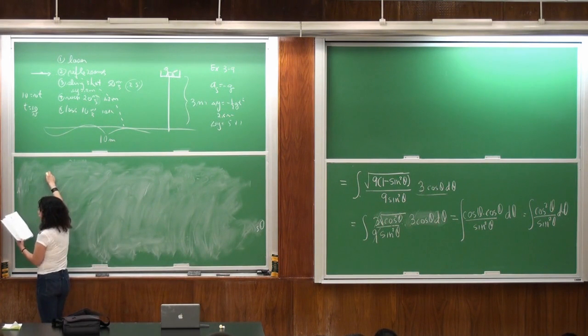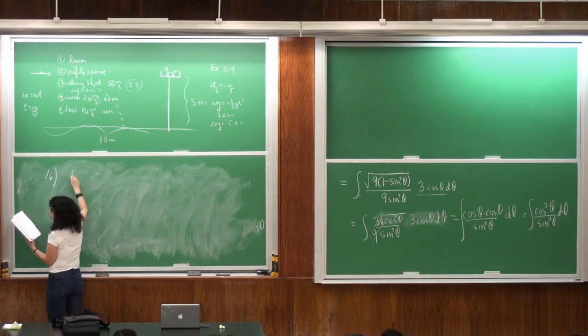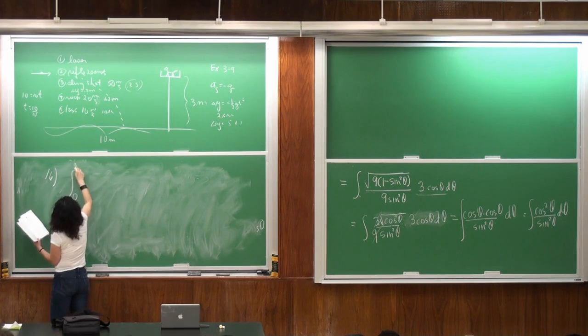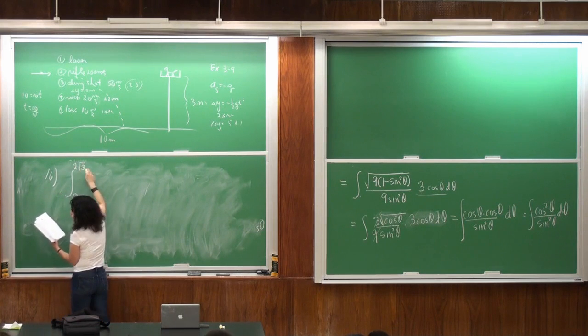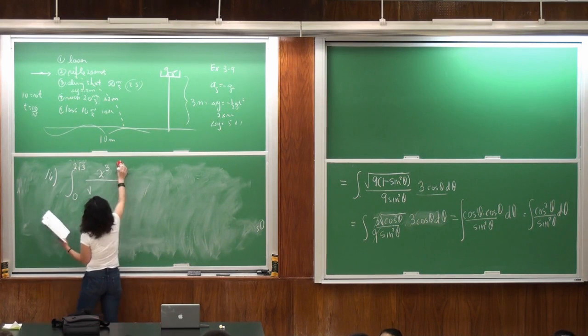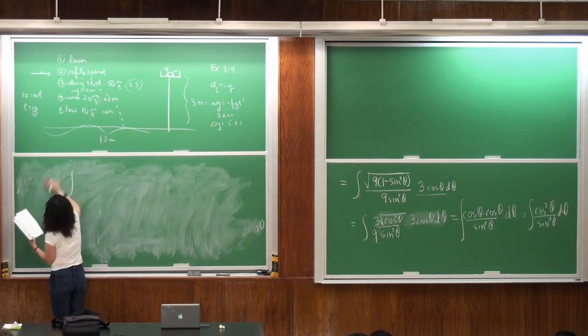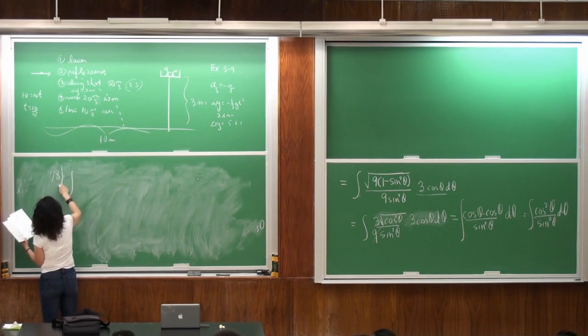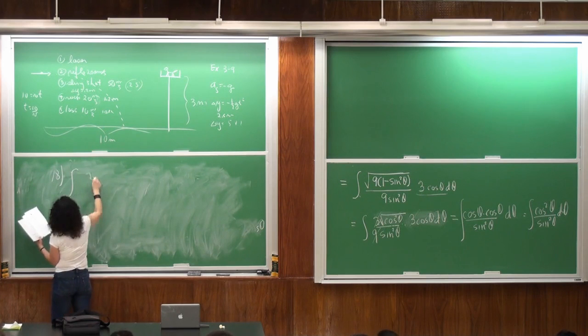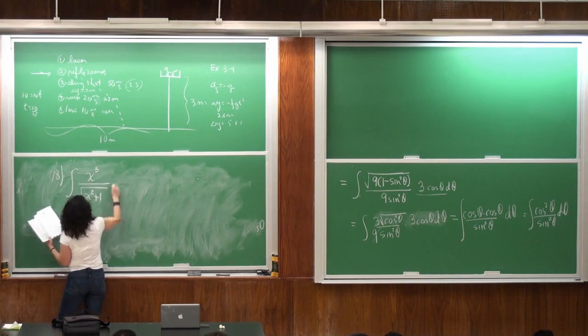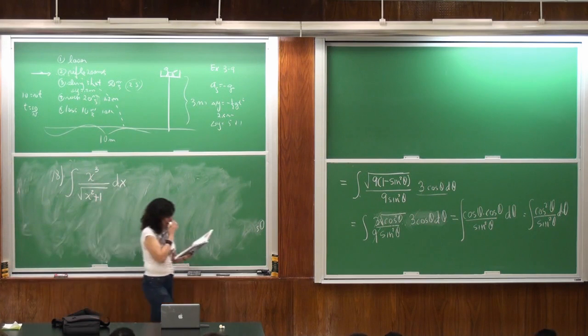Okay, so let's do, I'm going to do 16 because 16 is the definite integral from 0 to 2 over root of 3 of x cubed over... 18. I don't like it because it has a minus. And I don't want to do minus because I want to do 0. I want to do 18. So 18 is the integral of x cubed over square root of x squared plus 1 dx. Okay, this is easier.